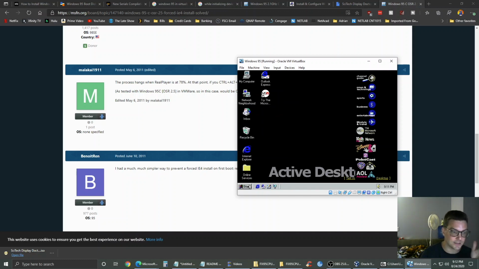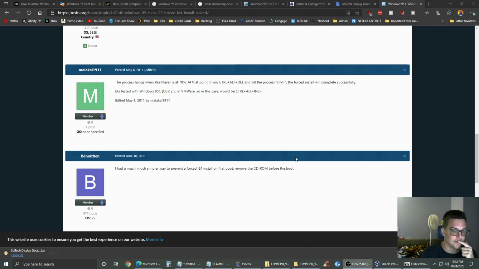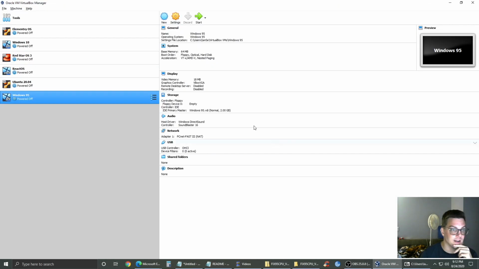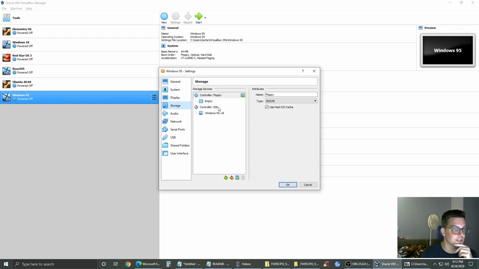All right, so we're going to shut it down, and then I'm going to try and see if I can get this disk situation figured out, because I would like to be able to have better colors. Oh man, I'm sure you remember older computers, you would have to wait for it, it would tell you to shut it down. So let's try and see what's going on with this storage situation. So what do we have here? Adds a new storage controller, removes, adds new storage attachment. Storage controller, we want a,